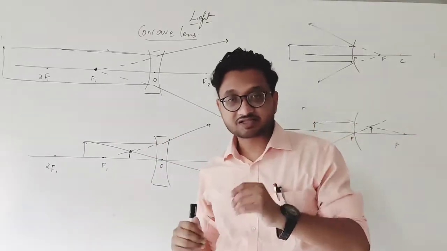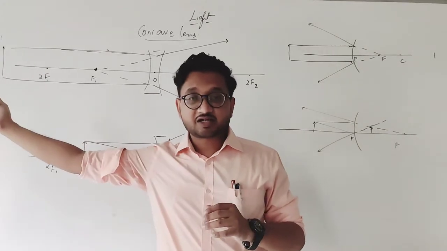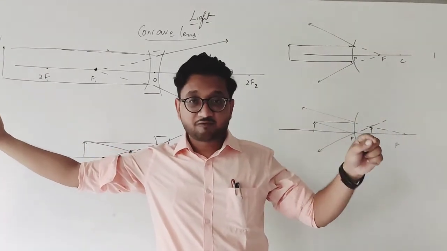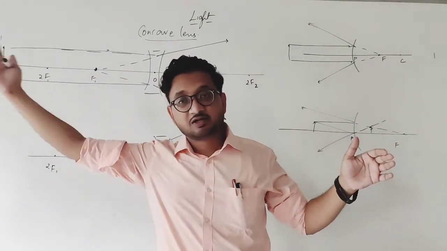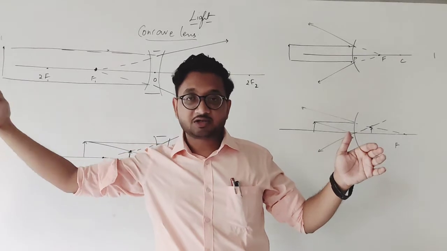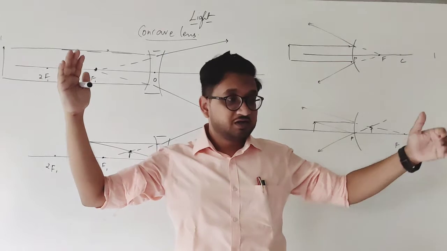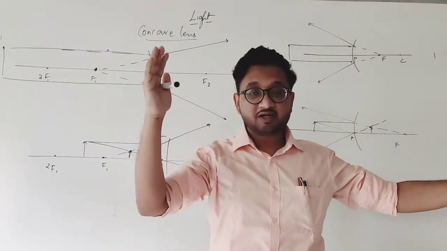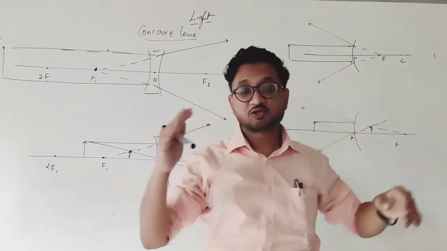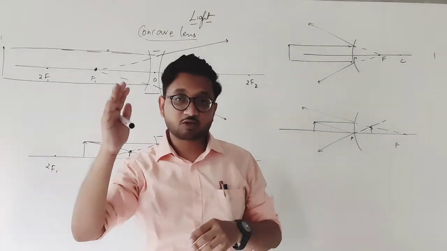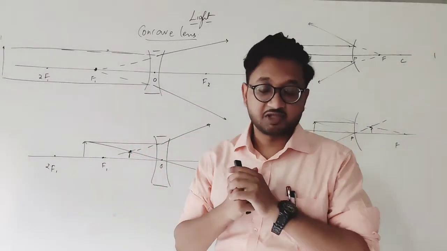Not concave, convex lens as well. In the previous video we saw convex lens. If it is at infinity, the image is on focus. There is a lens in the center, image is on focus. Object is at infinity. You bring the object beyond c, it becomes between f and c. You bring on 2f, it is on 2f. Between f and 2f, beyond 2f. On f, at infinity. So same thing goes over here. You bring the object closer, image goes further and further away. Just like the concave mirror.